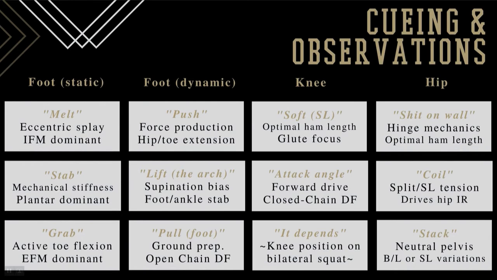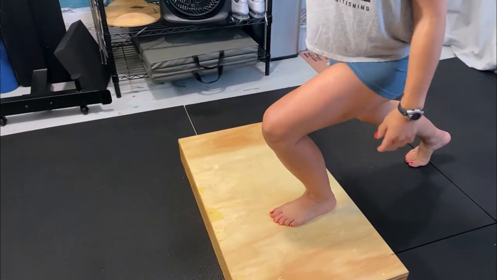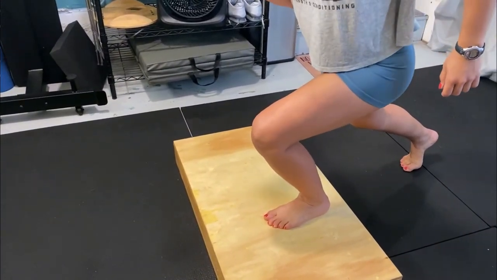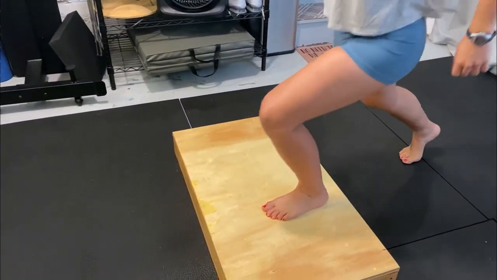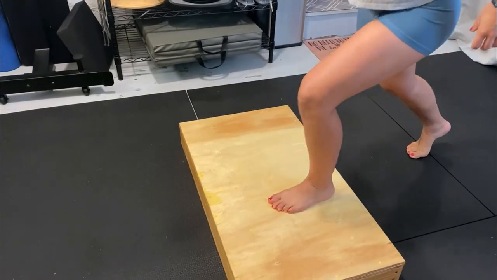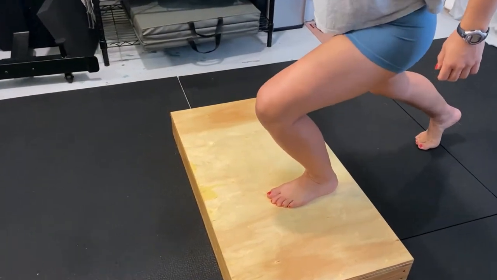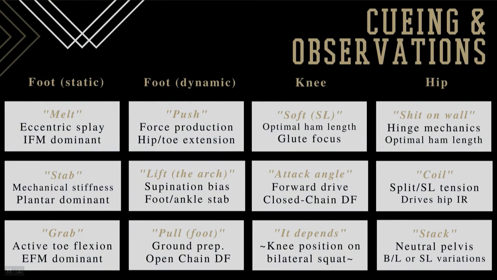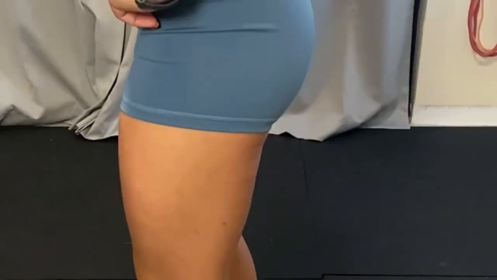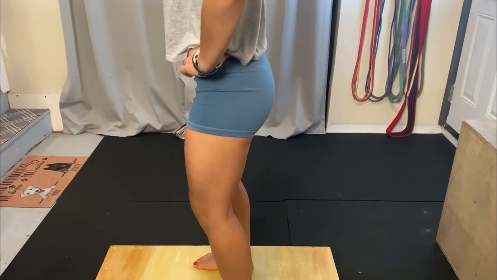Attack angle is something that I use for pretty much any split work or any kind of lunging or step-up pattern, where I want you to think about an attack angle being your knee driving forward over your foot, or closed chain dorsiflexion. And this helps to give them an assimilation of, hey, we are attacking forward, we're moving forward, not just pushing my knee over my toe, but our whole body is coming in behind and driving forward. For the hips, one of everybody's favorites,